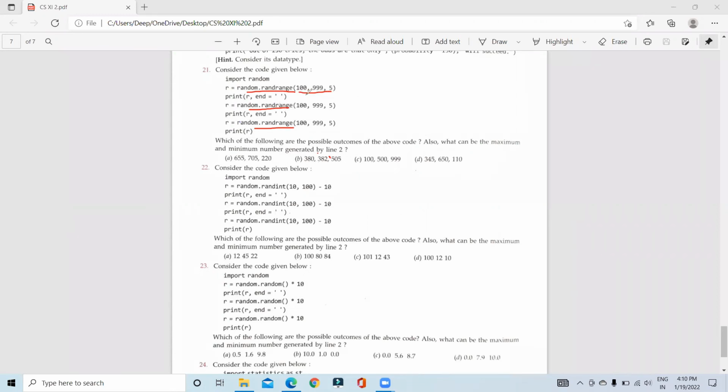देखिए इसमें 100 से 999 तक है और 5 की रेंज में है, ठीक है। तो 5 की रेंज में है तो 655 चलेगा, 380 चलेगा। ओके, 100 भी आ सकता है 5 की रेंज में, 345 भी आ सकता है। नेक्स्ट सेकंड लाइन में प्रिंट हो रहा है ये। अब आप देखिए 705 रहेगा, 382 नहीं हो सकता 5 के स्टेप में, तो ये ऑप्शन आपका कट हो गया, ठीक है। थर्ड है आपका 5 की रेंज में, सो 220 रहेगा, 505 रहेगा, 999 नहीं रह सकता, तो ये सी ऑप्शन भी कट हो गया। सो आपका आंसर क्या हो गया, ऑप्शन ए